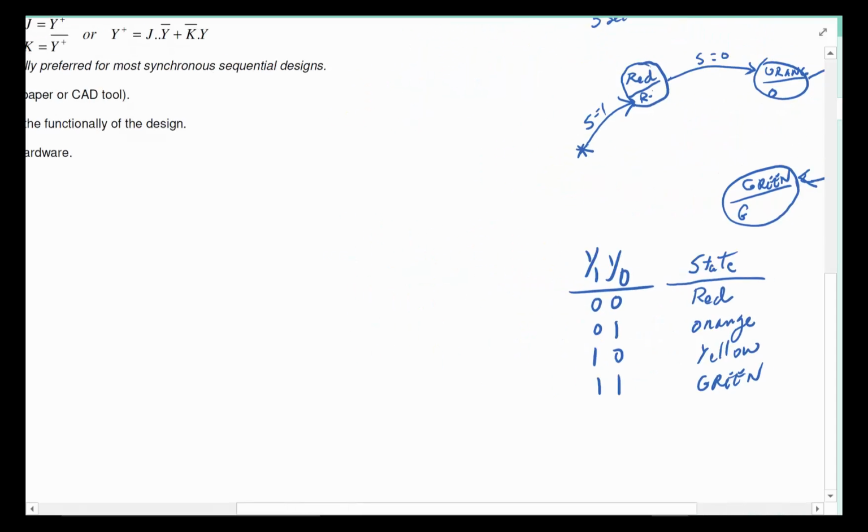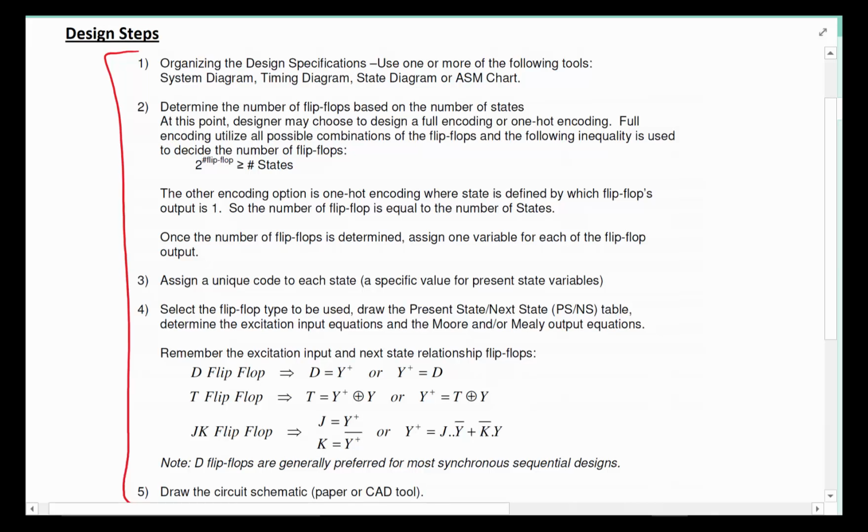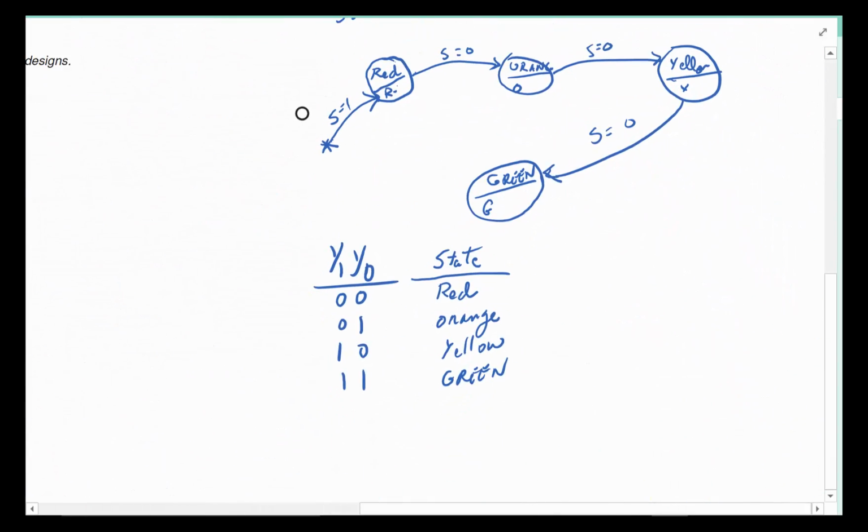Okay, so I believe we've done step 3. Steps 1, 2, and 3 are all related to each other in many ways. So that's our unique code. What I want to do is go back here and now